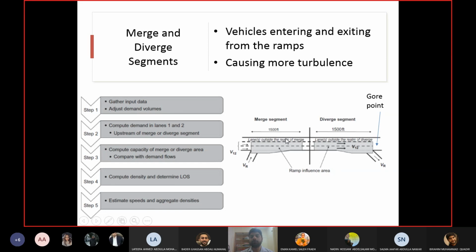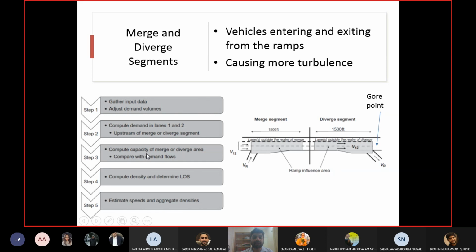So they are saying the flow in those lanes, which are in addition to the 2 lanes, will not be affected by the ramp. So that's why we need to calculate the flow in these 2 lanes separately from the other lanes. If there are any other lanes, then the flow in the immediate 2 lanes should be calculated separately.